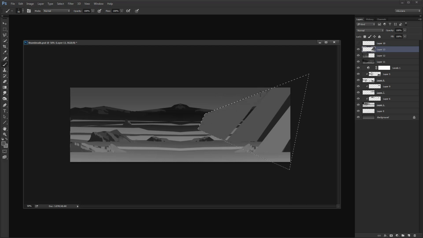Let's just make a wall like this. I'm gonna use gradients so it looks nicer. And then we can create